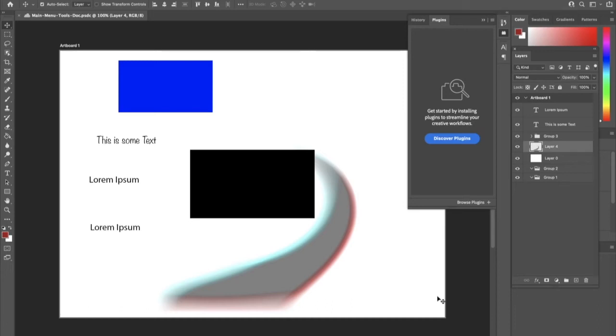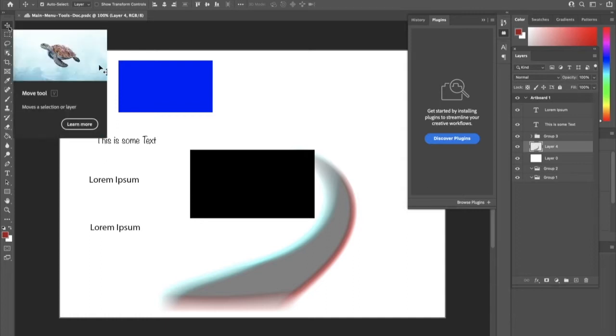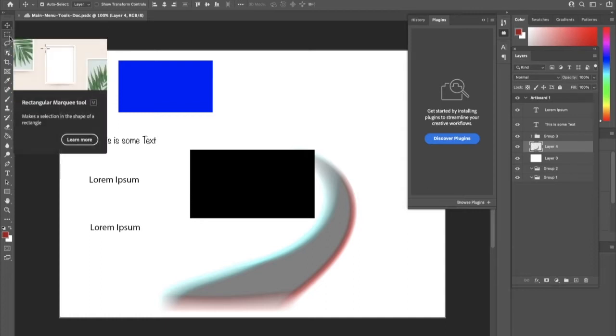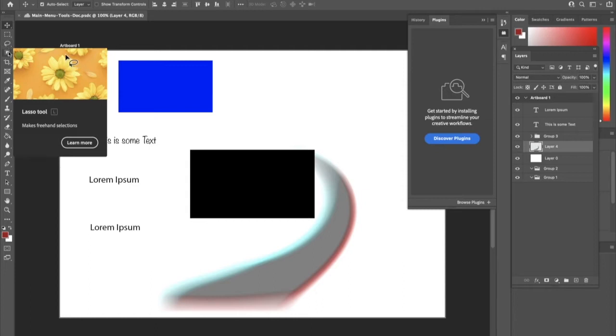All right, welcome back. So in section 6, we're going to talk about tools. And in this video, we're going to go over an overview of the tools that we're going to be learning about. So in the upper left-hand corner here, we have the move tool, you have the rectangle tool, lasso tool,